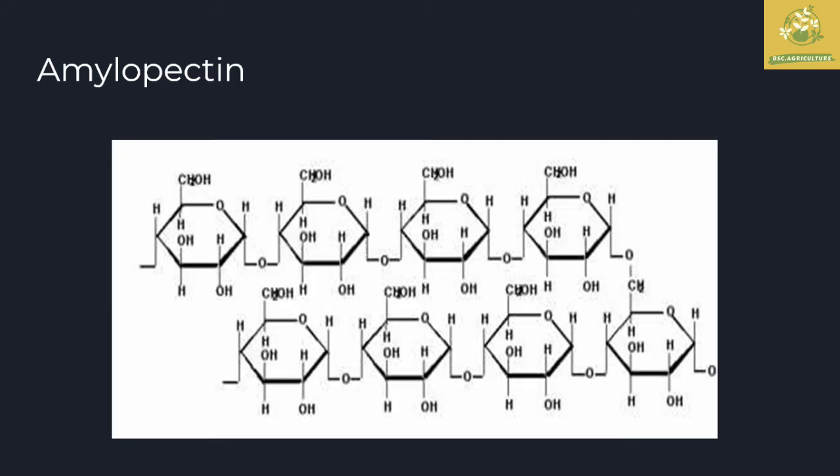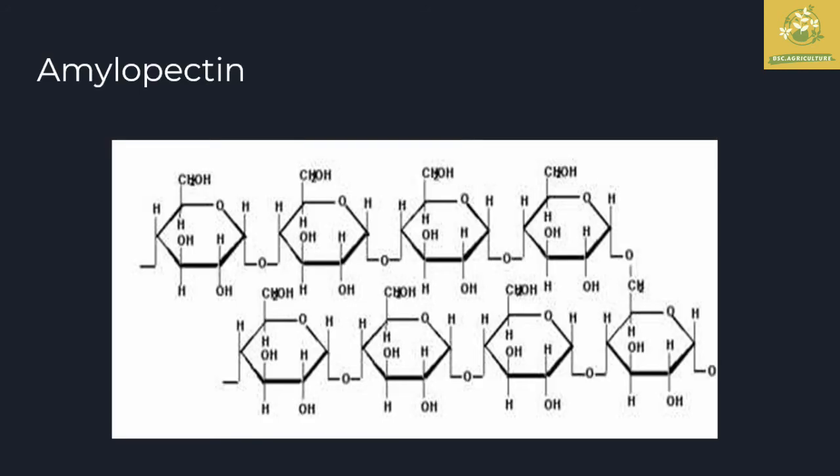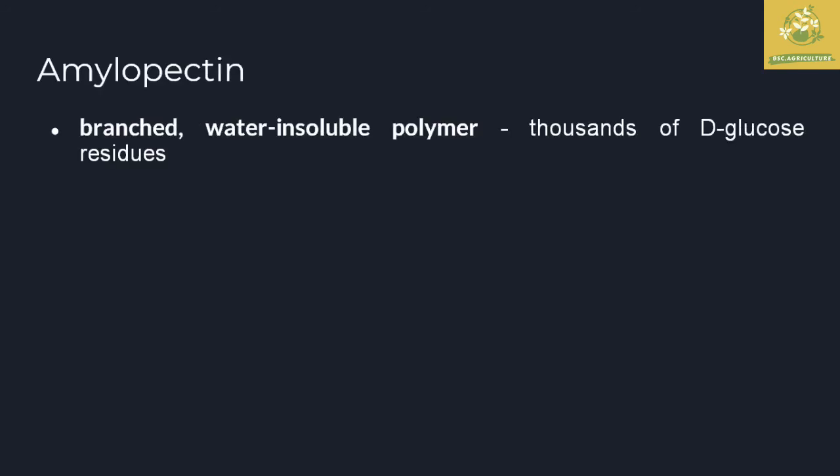You can see the structure of amylopectin, which we can classify into main branches and sub branches. Amylopectin is a branched as well as water insoluble polymer, which has thousands of D-glucose residues,